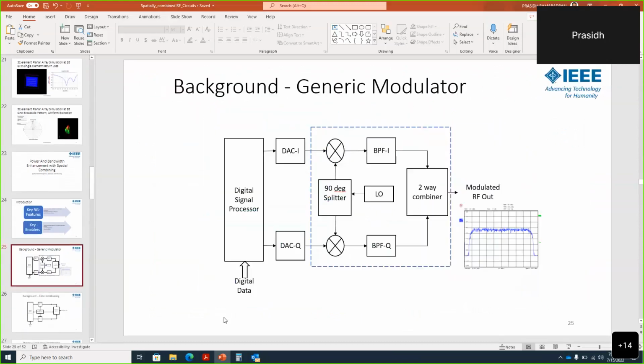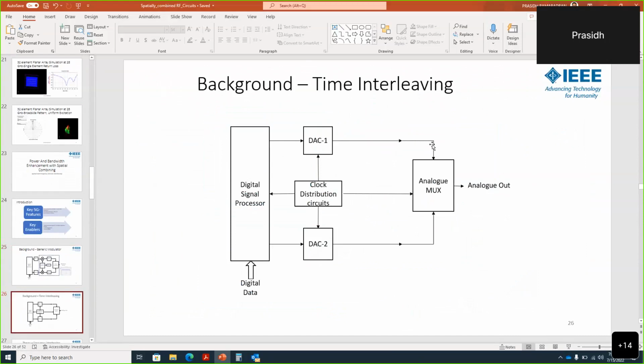Let me just go back to the diagram. Say, for example, you have the clock distribution circuit here, and you have the analog mux here. Then the exact timing of the mux, which activates one of the two parts, is critical to the quality of the signal that you're trying to generate here. Now, if there's a clock skew in the timing between the two,